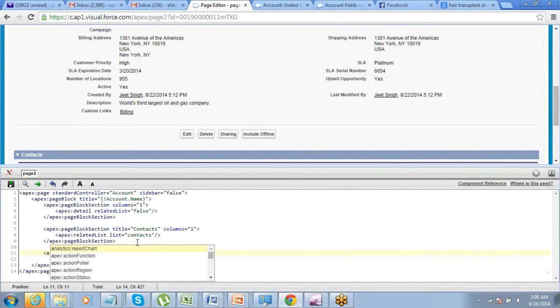One more related list, Apex related list. Before related list, let me put a column section, page block section.